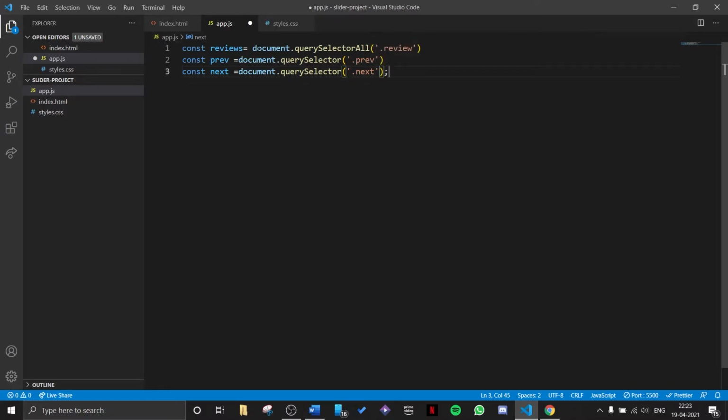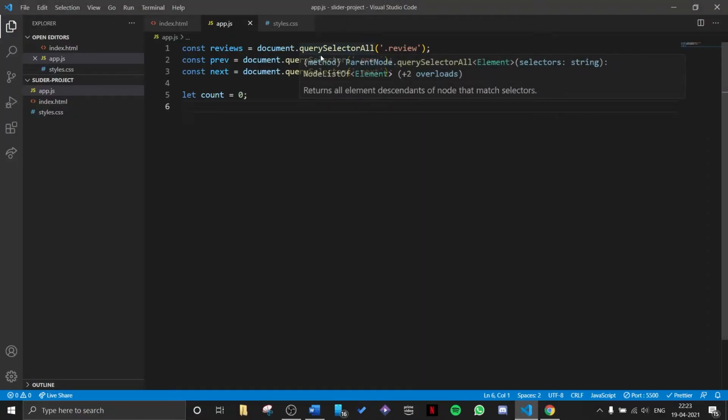Right, so we got the elements, and now I will create a variable which will store the index value of the articles we have. Right now, using querySelectorAll, we are getting a node list which is similar to an array but not an array. So we have 4 items in our node list.